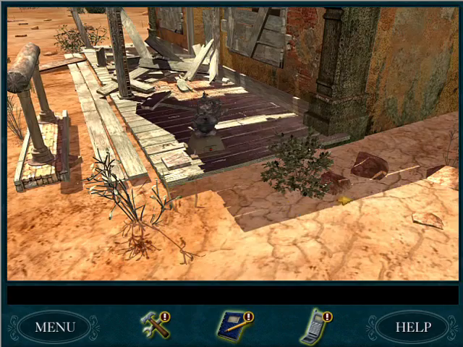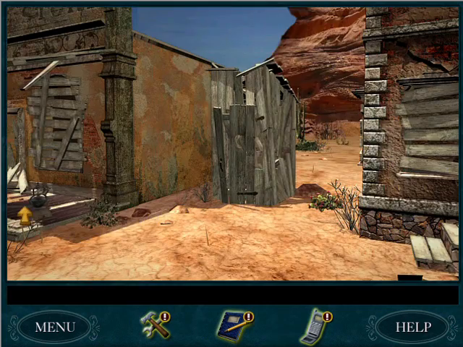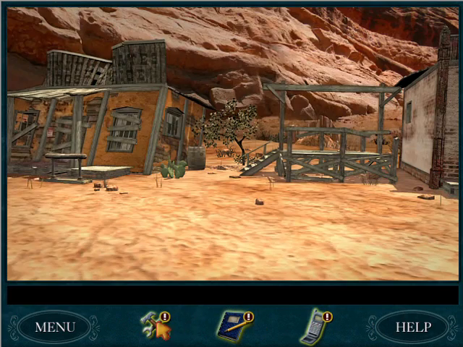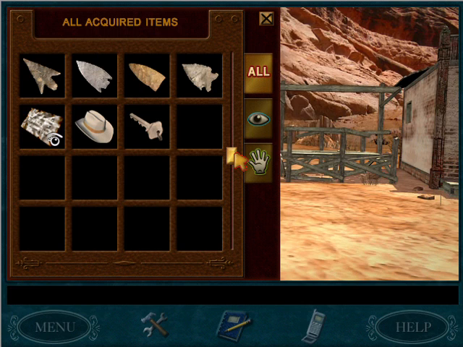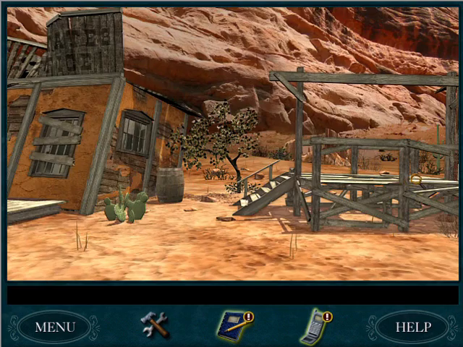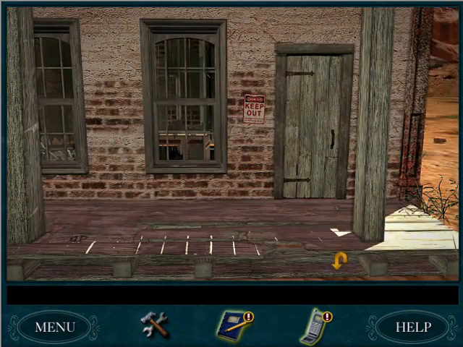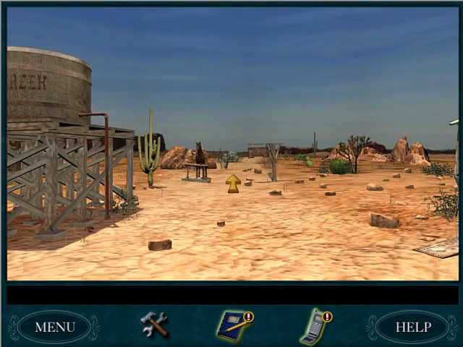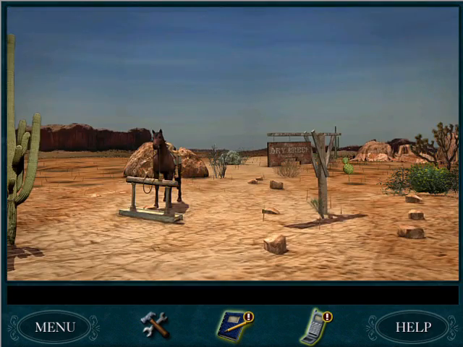So there's nothing we can do here, huh? What is this? That is a crank. Anything else we can get here? I feel like I'm missing something. I don't know. Maybe not. Well, I guess we'll just take good old Bob with us and go and call the sheriff and see if